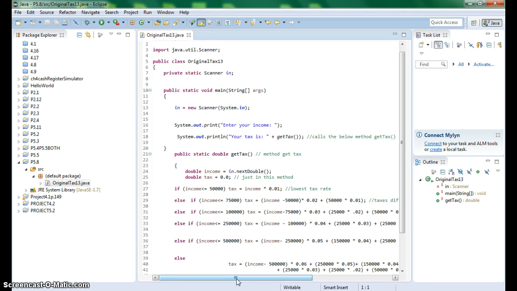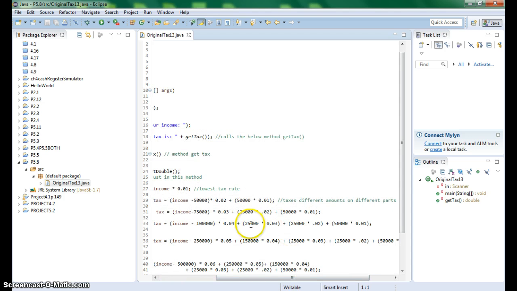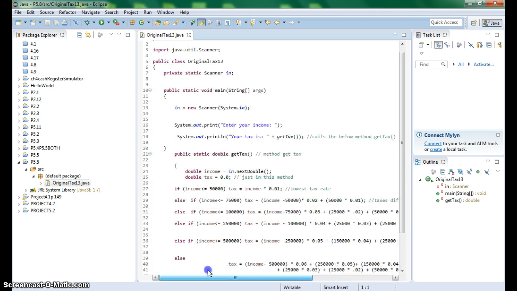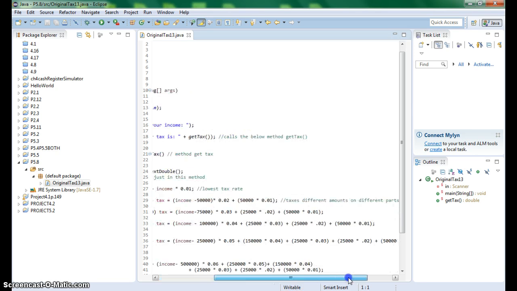For this one, I went ahead and did it to where, if it's over 50,000, the first 50,000 is taxed at this rate, and then the rest is taxed at this rate. So if you have $250,000, take away 100,000 of that, and that's taxed at 4%, and then this part's taxed at this rate, and this part at this rate, and so forth. So you're not having a straight 5% tax. It's just on the amounts,